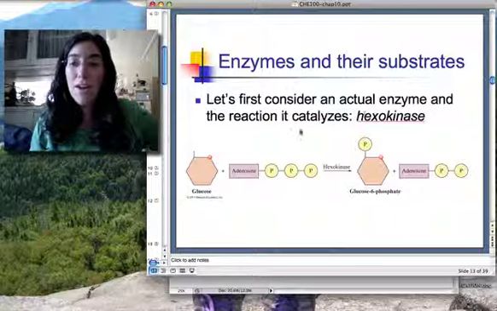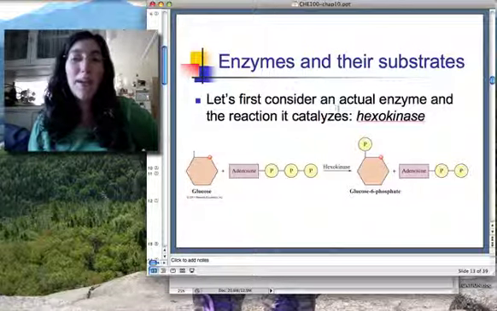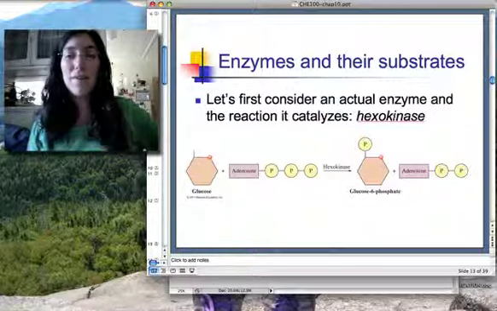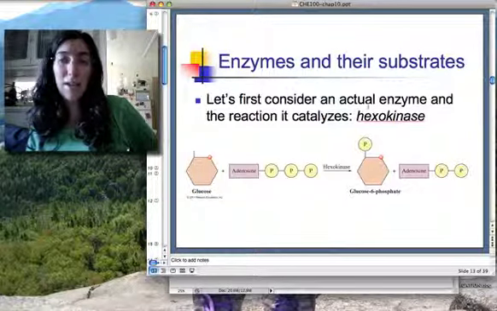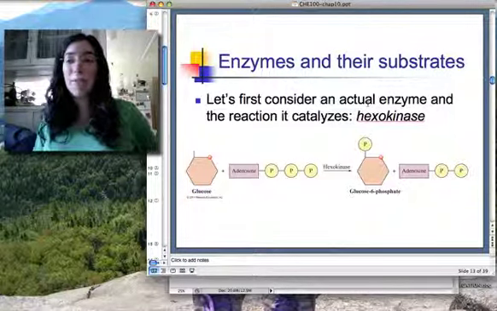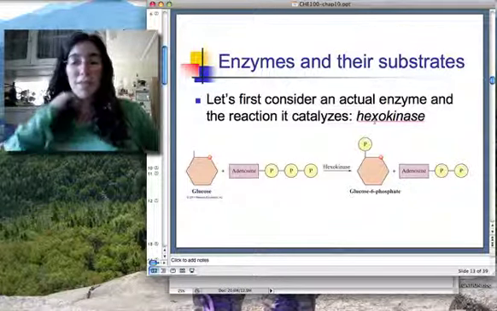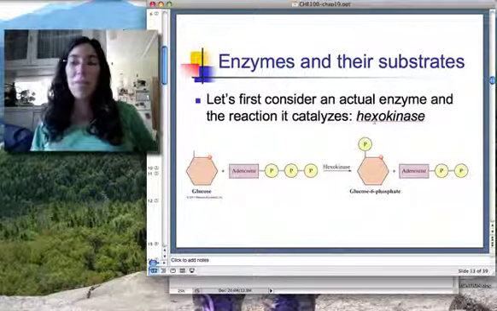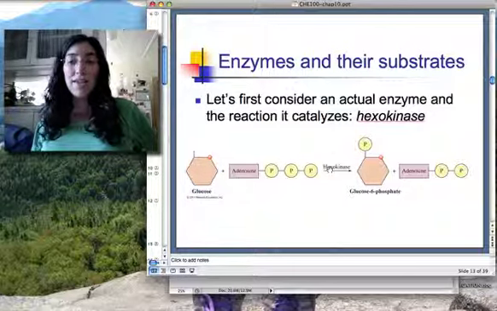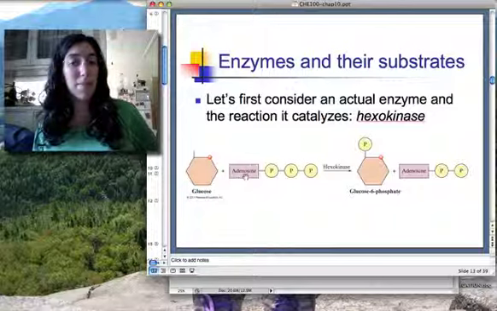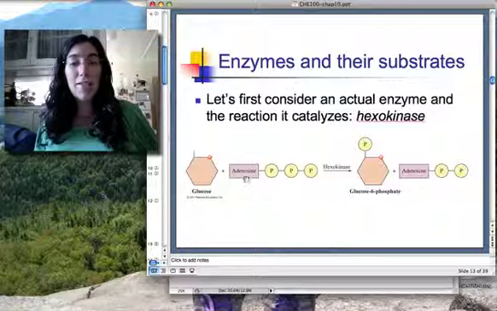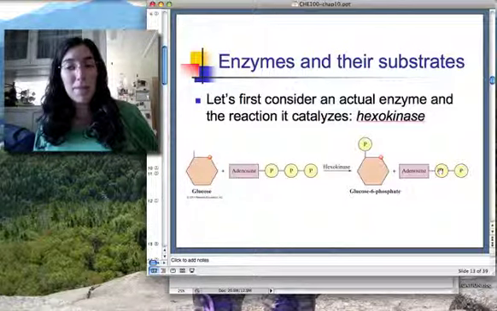Okay, so this chapter, I like how they do this. They pick a certain enzyme and stick with it for the entire chapter, using it as the sample enzyme. And the enzyme they choose is hexokinase. Hexokinase is an enzyme that binds to glucose and also ATP, and then it speeds up this chemical reaction here